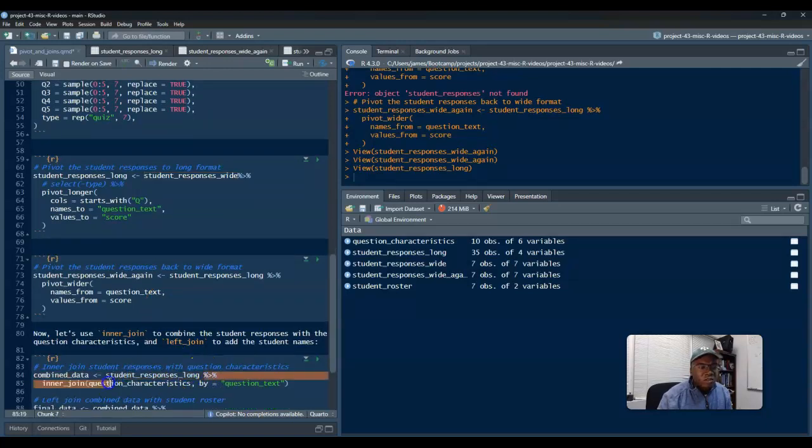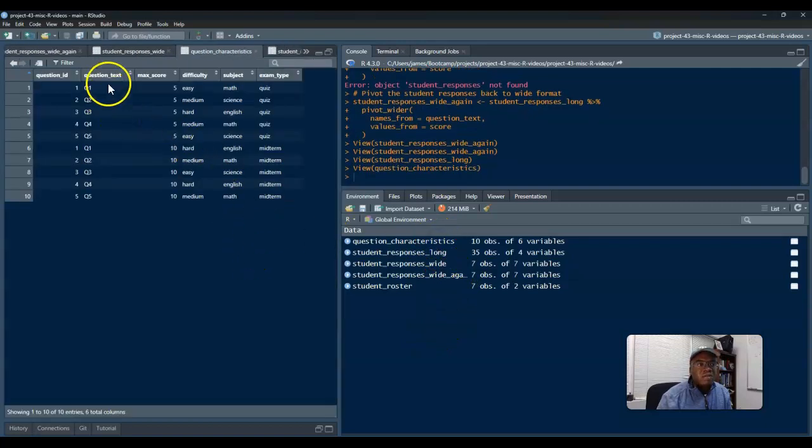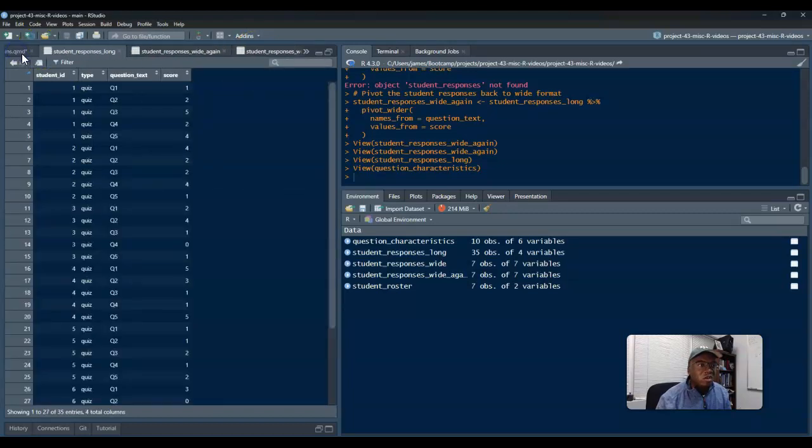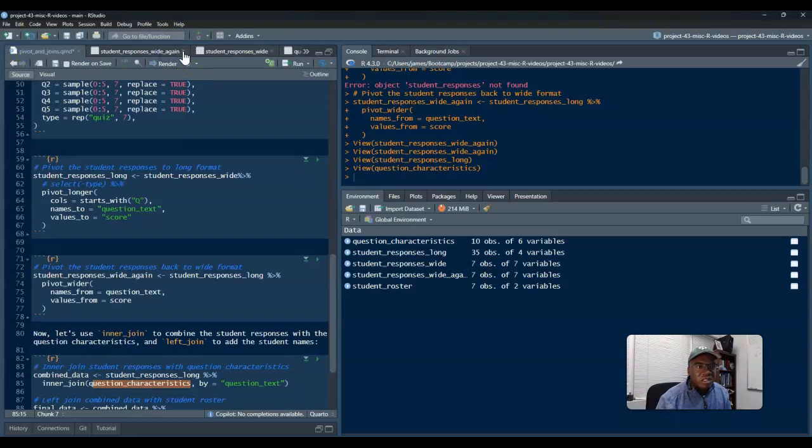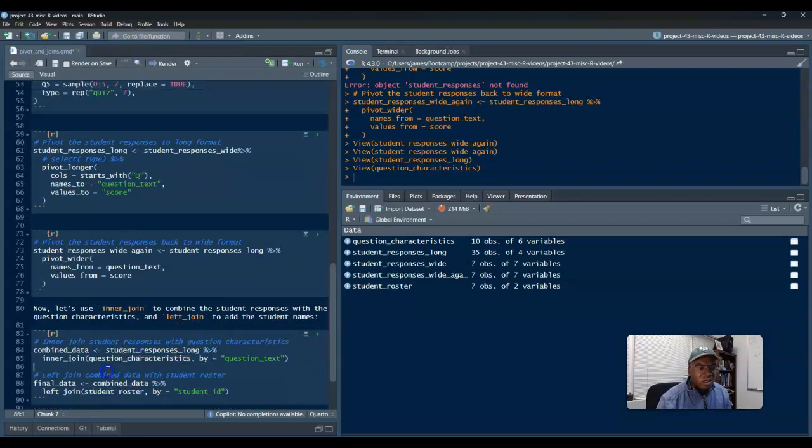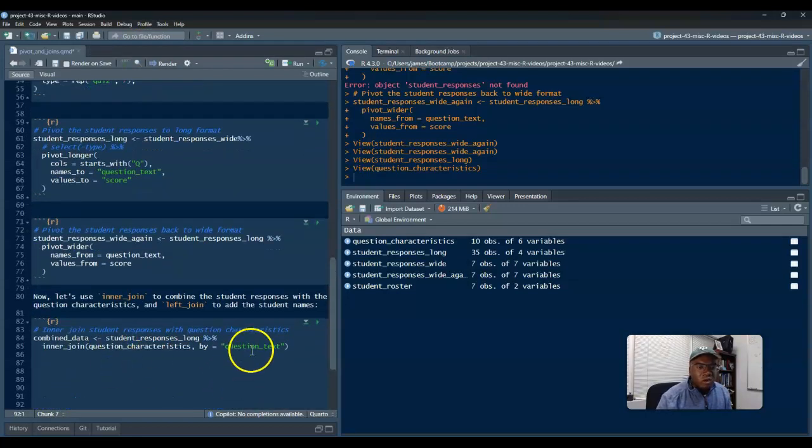So here we have the long student responses, and I'm going to inner join it with the question characteristics. Why would I want to do that? Because I want to be able to specify the characteristics of questions 1 through 5, whether it's difficulty, subject, or exam type. But you can see there's an error, or at least an issue, with just doing it by what the code currently says. This is not good. Here, when I do this inner join just by question text,